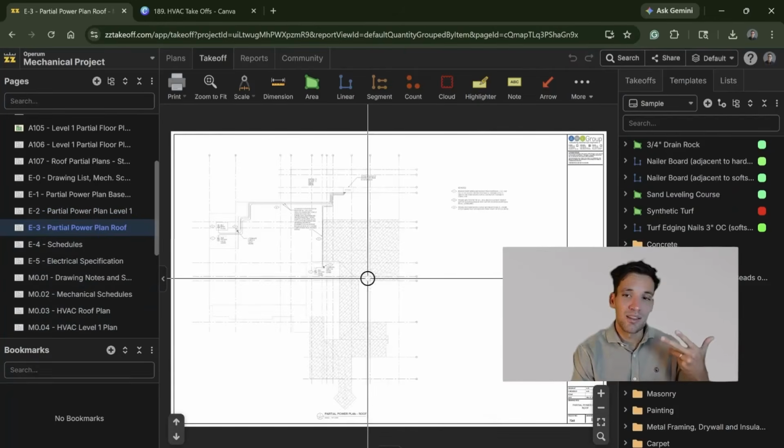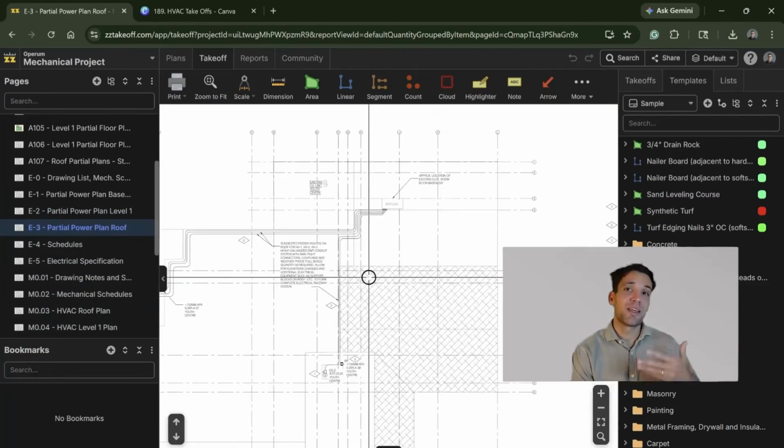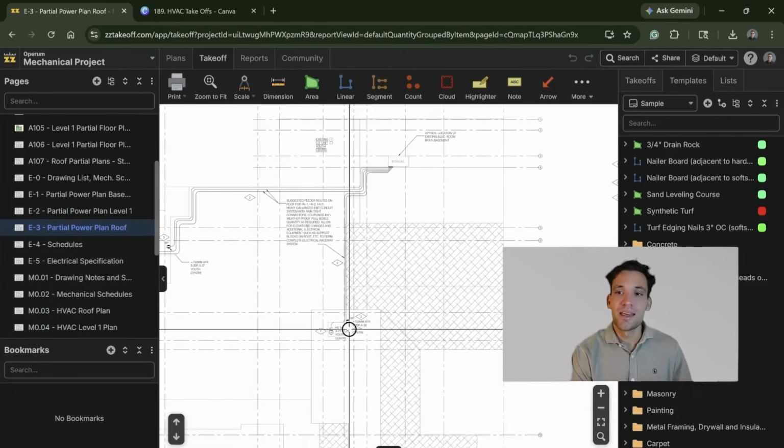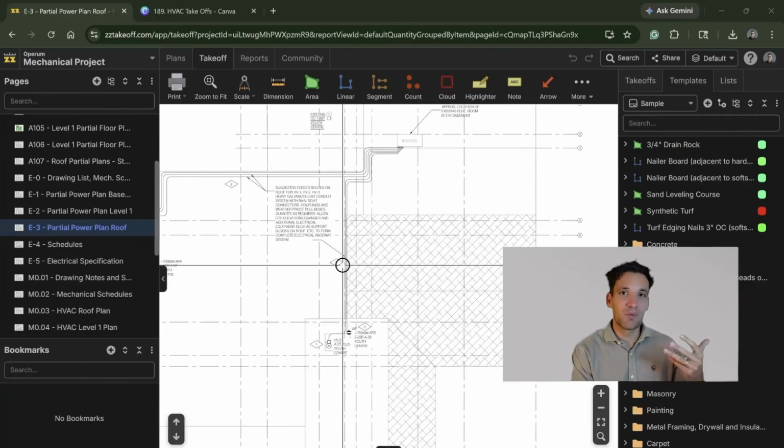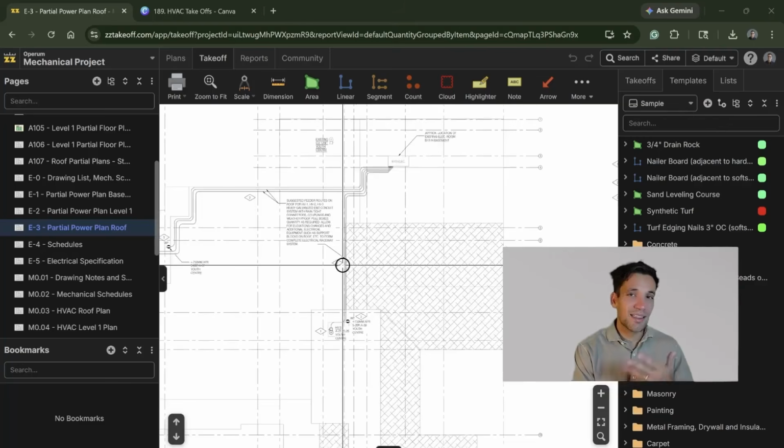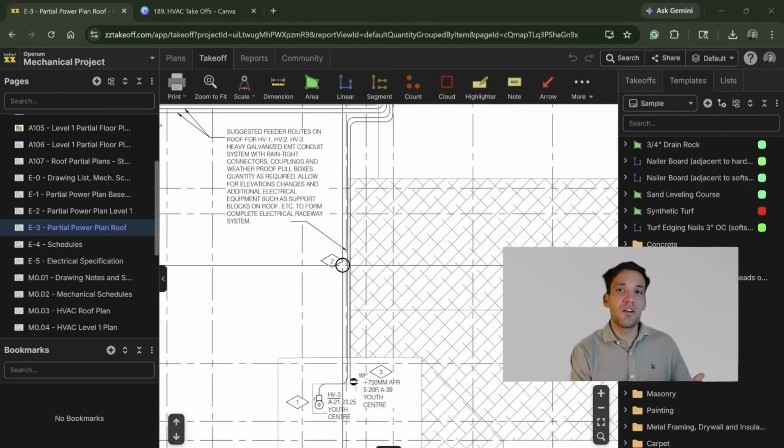So the air handling units, the fan coil units, which will be a count sort of takeoff, and then the lineal measurements of ductwork and condensate pipe. They are our two primary measurements. All of the secondary components of the system, like the number of hangers, fixings, secondary items, we derive from these